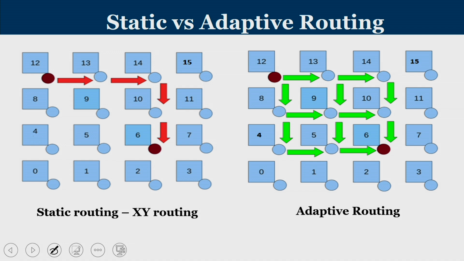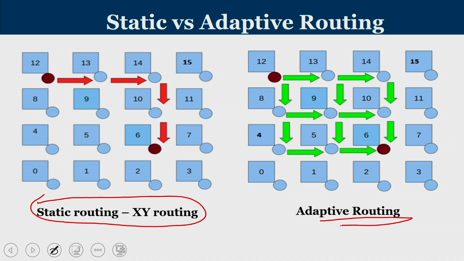So we have just compared. In a static XY routing, there exist some restrictions, and you are bringing more adaptivity into XY routing by combining the turn model and the minimum odd even model. Adaptive routing is the technique by which packets from a source to a destination can travel in whichever direction, provided they take care of the deadlock issues. So any adaptive routing that is designed on a network on chip has to be free from deadlock.